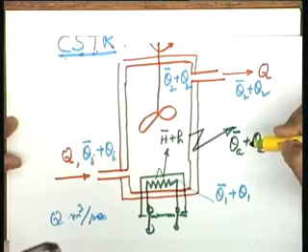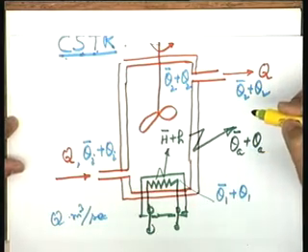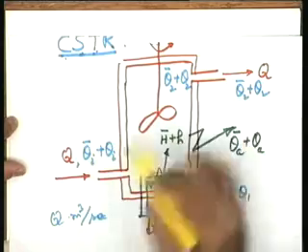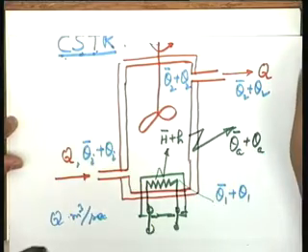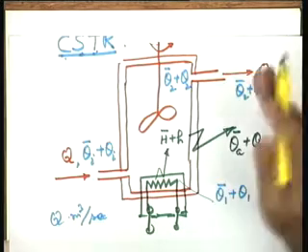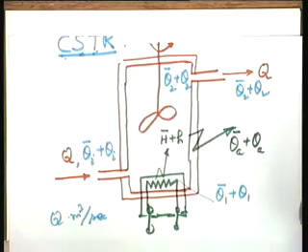Again, theta A bar will be the nominal environmental temperature at the time when the total system operation was at steady state, and theta A is a variation in the environmental temperature itself, which is beyond your control. Okay? So, this is the total situation, and you will help me now.